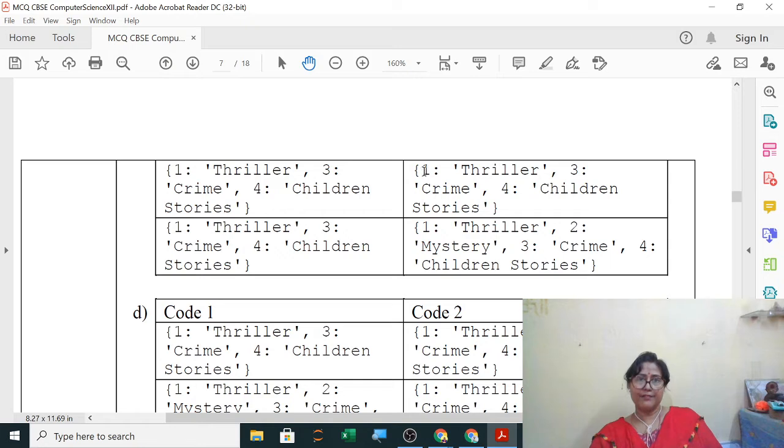Copy will have, this is without 2 and the same. So what is happening, when you are popping it directly, then 2 is removed from both, and when you are making a copy and giving to library, then 2 will not be removed.